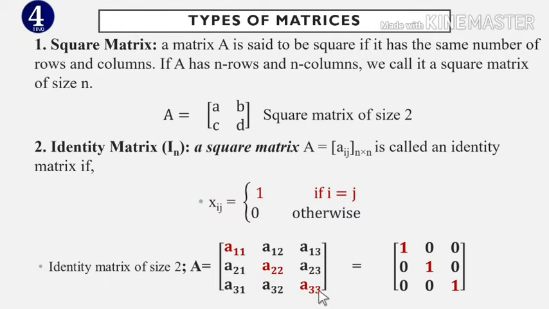2 is equal to 2, 3 is equal to 3 ሆነው እነዚህ መስመር ላይ ስለሆነ እነዚህን ቀዮቹን በሙሉ አንድ አንድ ብላችሁ አስቀምጡ ይላል። አዘርዋይስ ደግሞ እንደዚህ ያልሆኑትን በሙሉ ዜሮ አድርጉ ስለተባለ እነዚህንና እነዚህን በሙሉ will make them 0, 0, 0, 0, 0, 0 አድርገን እናስቀምጣለን። So by definition it is መጀመሪያ ስኩዌር ማትሪክስ ነው አይደል? ይሄ ስኩዌር ማትሪክስ ነው because it has n by n ነው, 3 by 3 ስለሆነ ስኩዌር ማትሪክስ ነው። ከዛም አልፎ ደግሞ ዲያጎናሉ በሙሉ አንድ እና ሌላው ቁጥር በሙሉ ዜሮ ስለሆነ we call it identity matrix ብለን እንጠራዋለን ማለት ነው። So for an identity matrix ፎርሙላችን ይሄ ነው። x_ij equals 1 if i equals j, it is 0 otherwise, other than these conditions ማለት ነው።